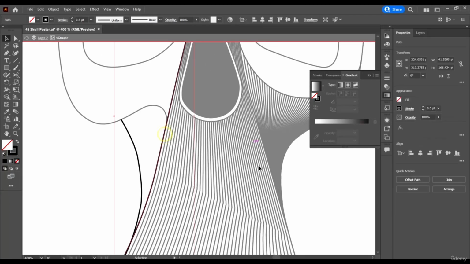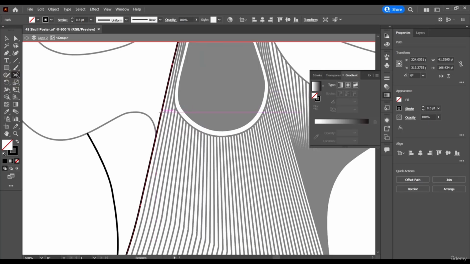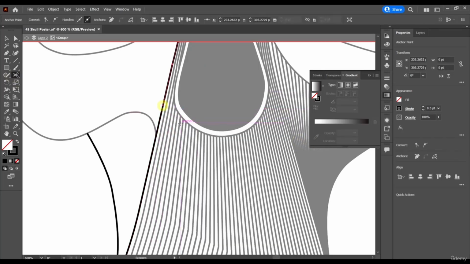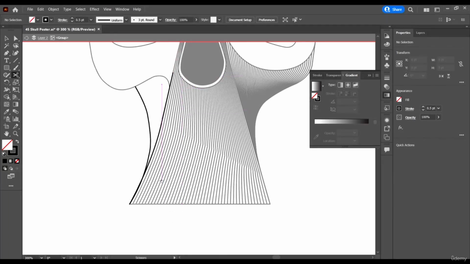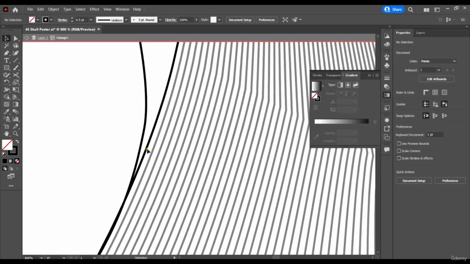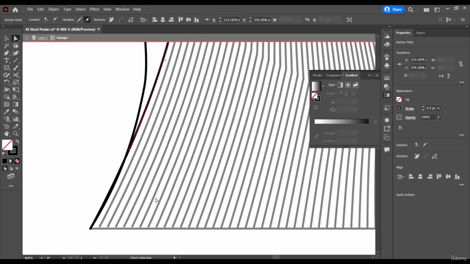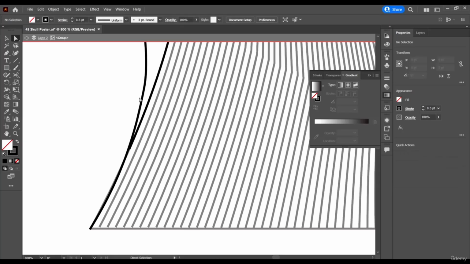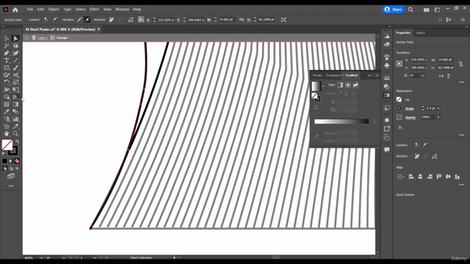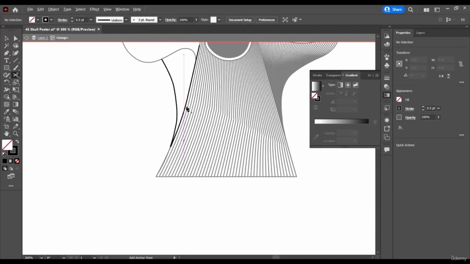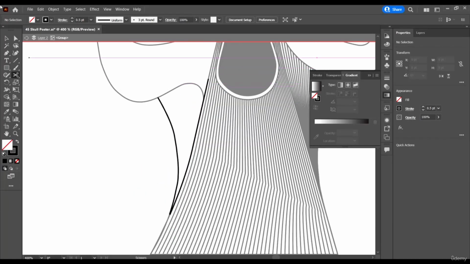So we use our scissors tool, cut this guy here, cut it here, and delete the unneeded parts. And then for this other one, cut it around here.